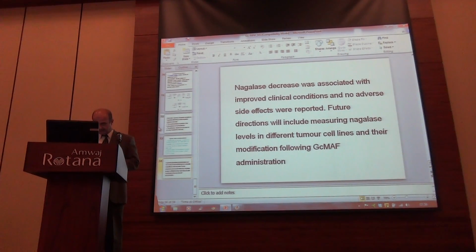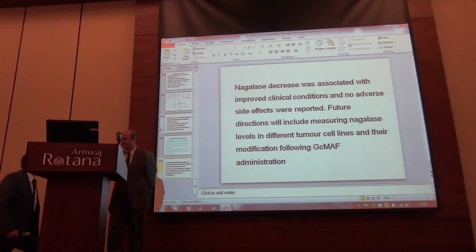But you're right, so far there are no cases described in the literature. The point is that until recently, most general practitioners or also most oncologists didn't know about immunotherapy with GcMAF. Please consider that many of the cancer patients that we are observing are self-administering the GcMAF, many times contradicting what their doctors tell them to do. So with children, of course, it is much more difficult. We will be seeing maybe our first patient in 2 weeks. So maybe next year we will be able to provide some more information.